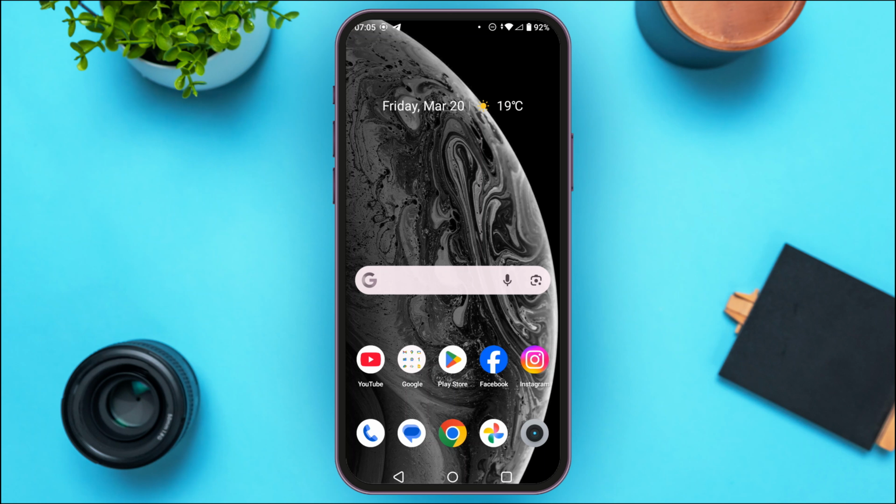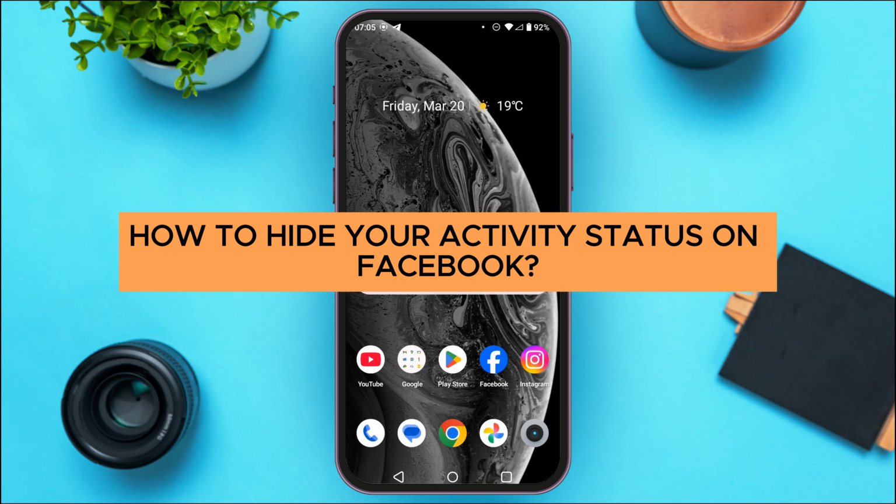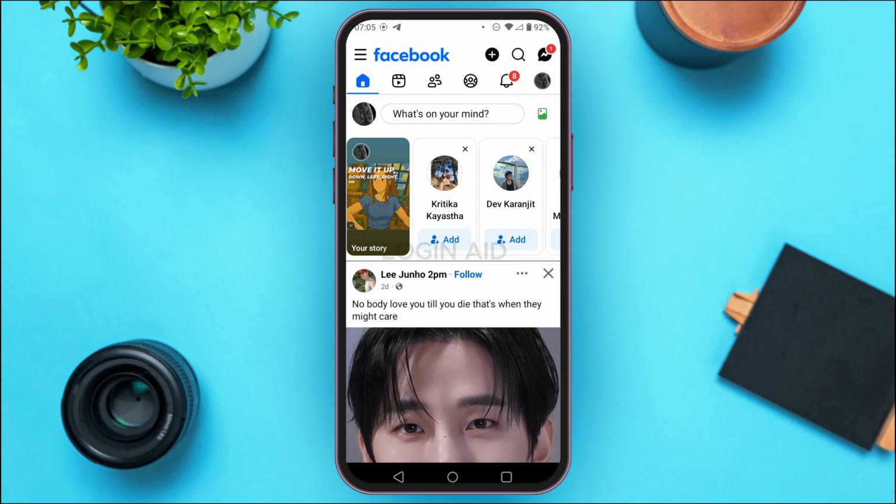In today's video, I'll teach you how to hide your activity status on Facebook. So first of all, launch the Facebook application. You can see over here Facebook has been opened. So if you want to hide your activity status, what you have to do is simply turn off the active